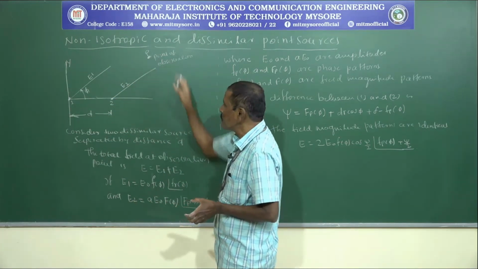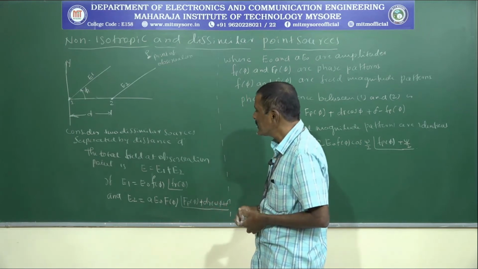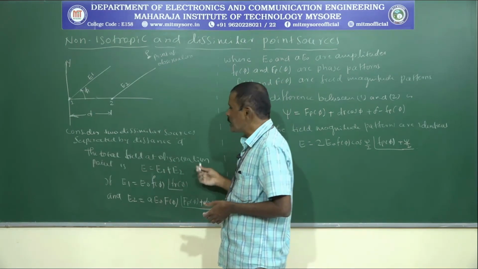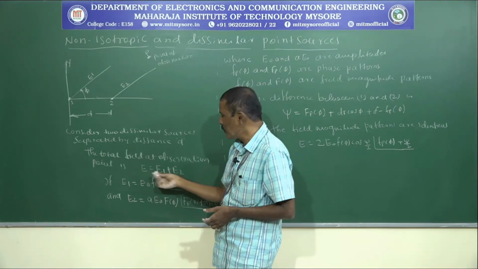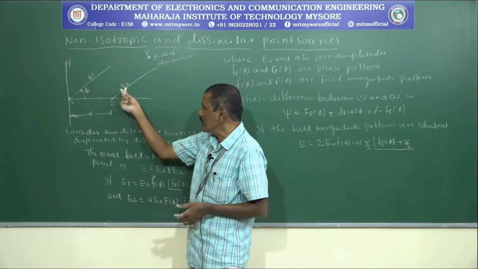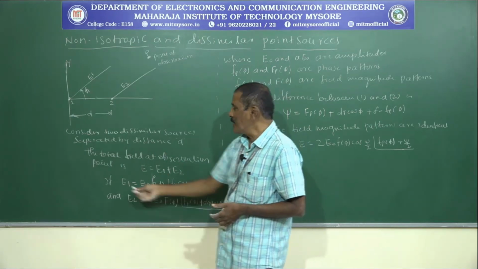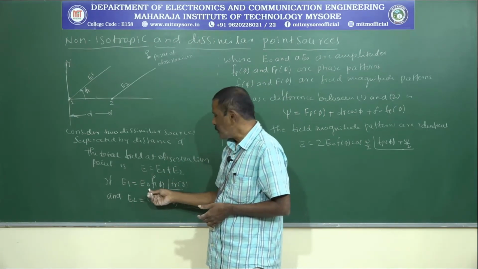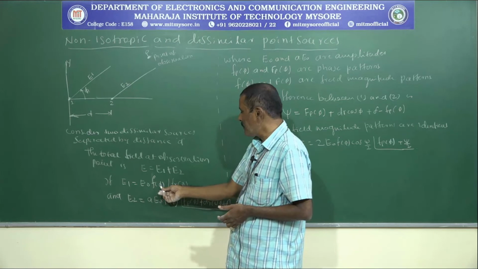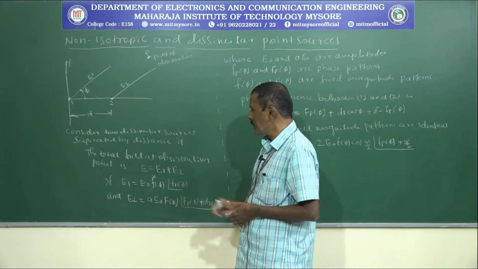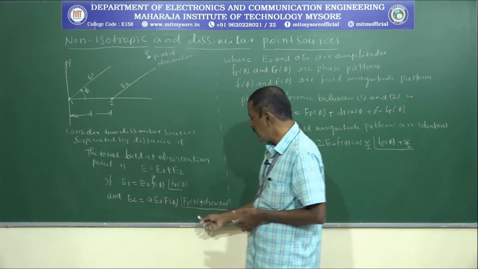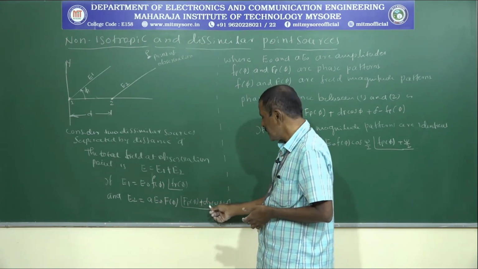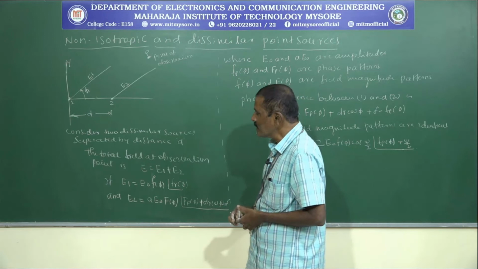So it is called the point of observation, and the total field at the observation point is E1 plus E2, and if E1 is equal to E0 into f of phi at an angle of FE1 of phi, and E2 equal to A E0 into f of phi at an angle of FE2 of phi plus dr cos phi plus delta,